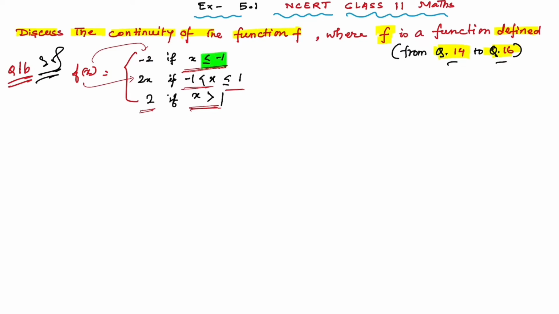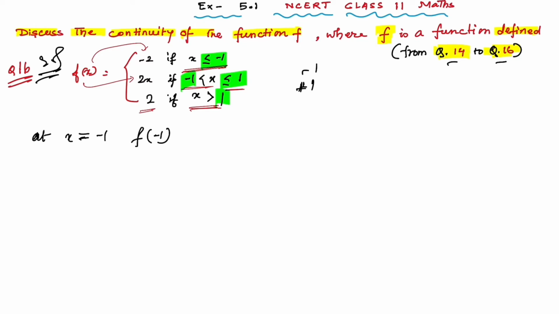Here you see it is clear that the points of partition are plus 1 and minus 1. These 2 points, minus 1 and plus 1, are the only possible points where it may be discontinuous or continuous. It may be discontinuous, but it is not necessary that it must be discontinuous. Let me check its continuity. Okay. So here you see at x equal to minus 1,